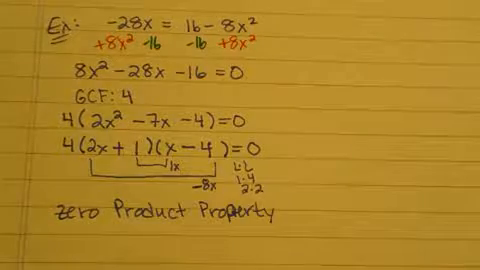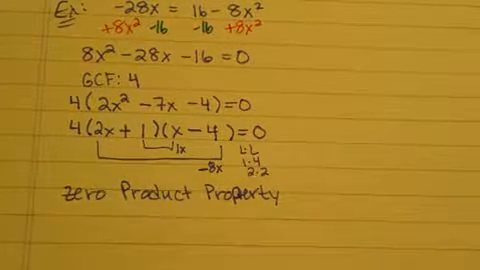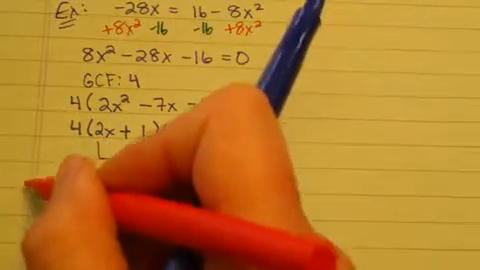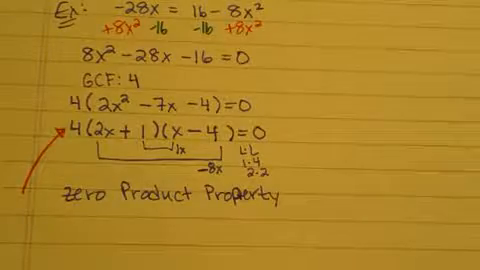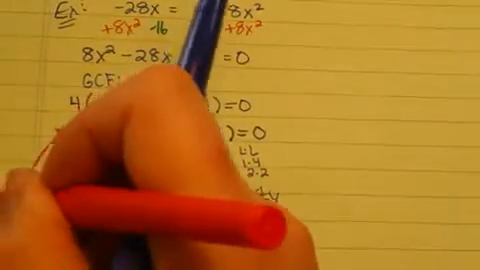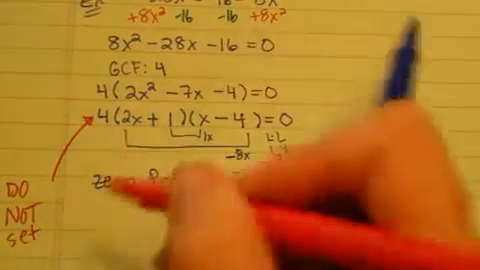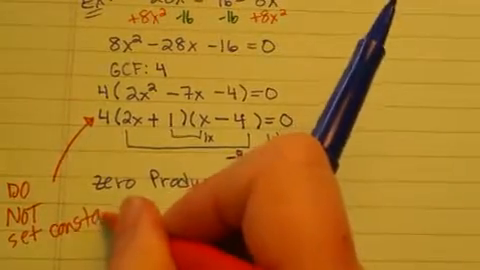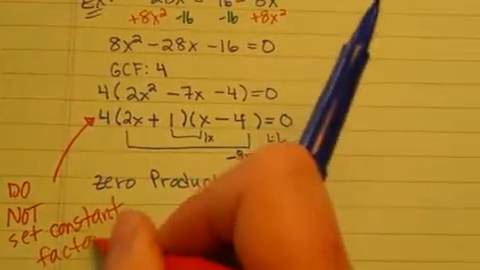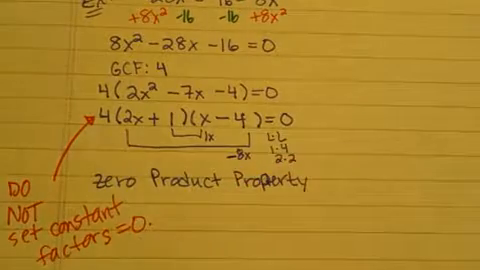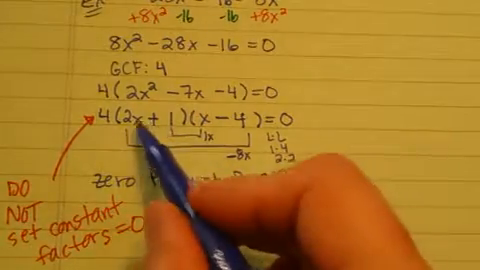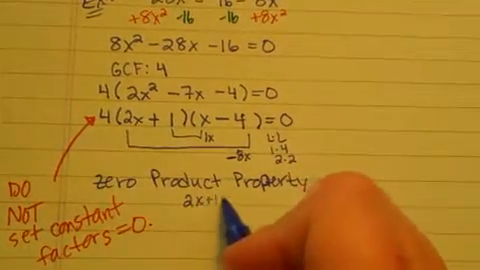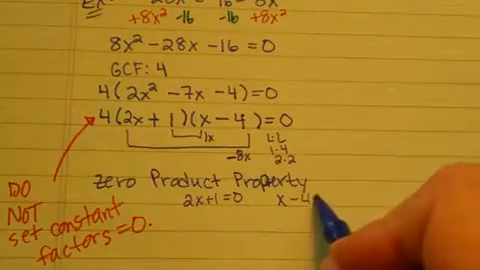But we are not going to set that 4, that greatest common factor, equal to 0, because remember in our steps we said earlier that we set each part, each factor that contains a variable equal to 0. So I'm just going to make myself a note. That is, do not set constant factors equal to 0. And a constant factor is a factor that does not have a variable. So I will go ahead and set the 2x plus 1 equal to 0 and the x minus 4 equal to 0,